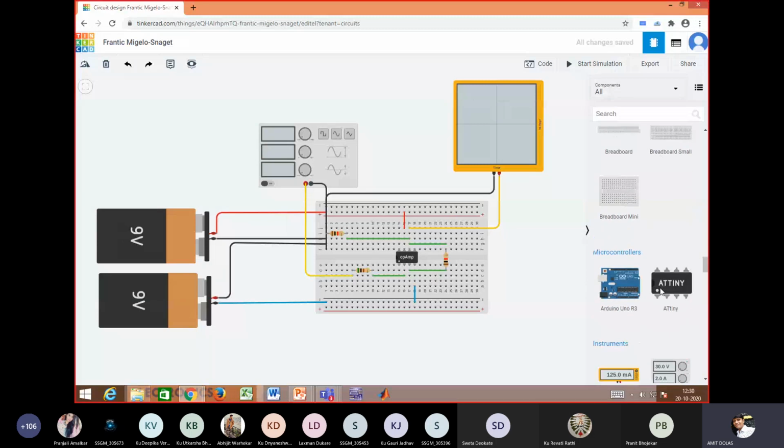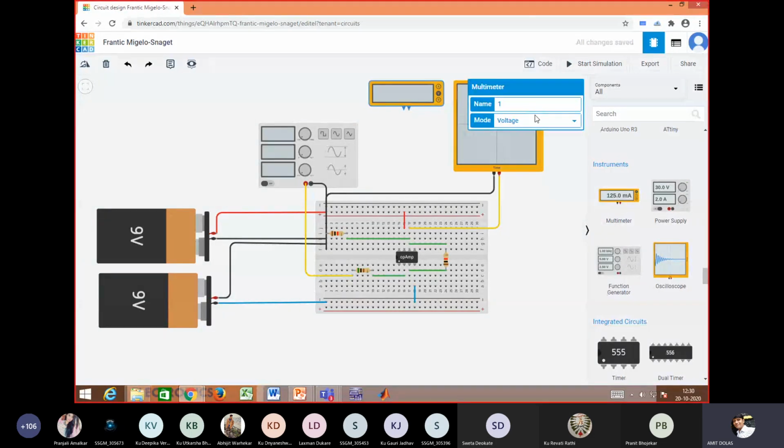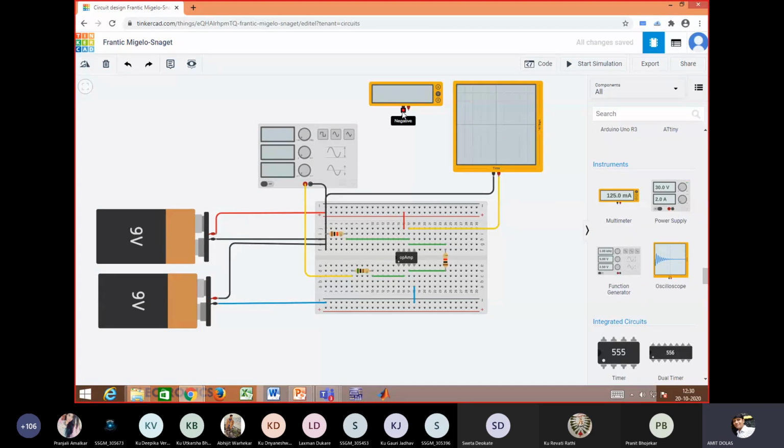I need voltmeter. That is nothing but multimeter. Voltage negative to ground.